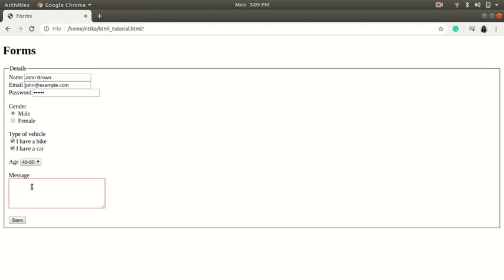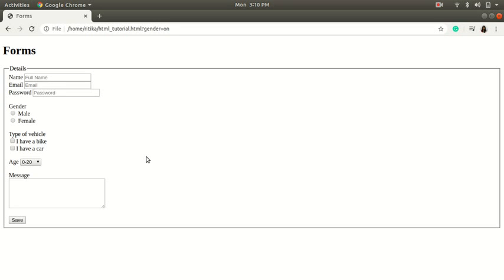This is the text area as I have already explained. This is my message. Now we will submit it or save it. Since I have used input type submit, the entire data will get submitted and the form will get refreshed. Here we are not using any kind of programming language, so definitely it is not getting submitted. For submitting we need to use post method, which definitely we will learn in our later courses. See, the entire form got refreshed.